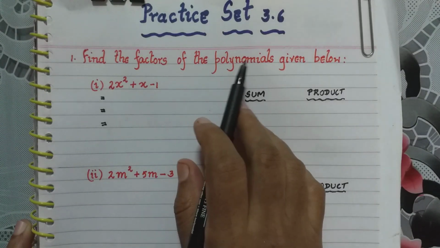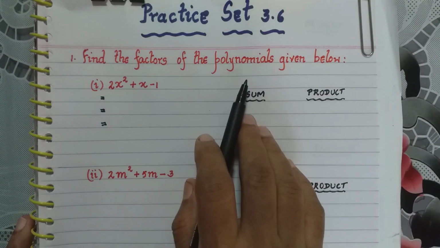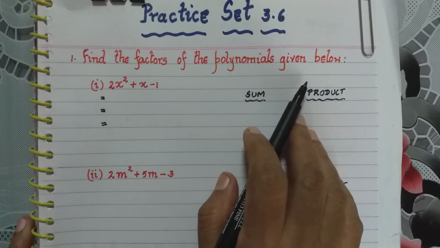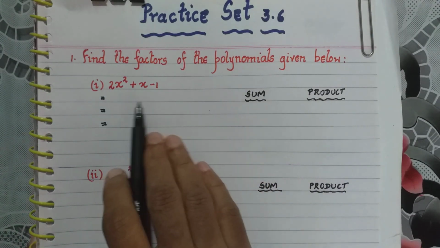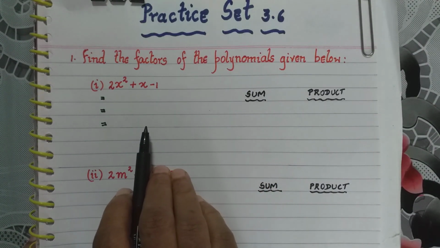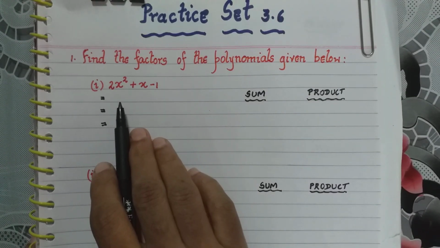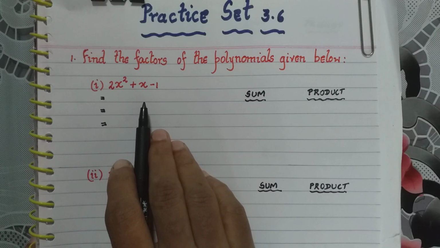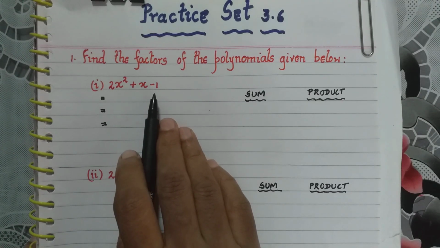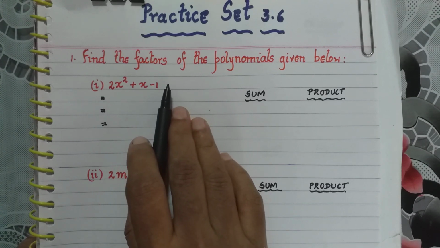We go to practice set 3.6, question 1. Find the factors of the polynomials given below. You'll see that the polynomials given here in question 1 are all trinomials. There are three terms. You have a square term, a term with the variable raised to 1, and the constant